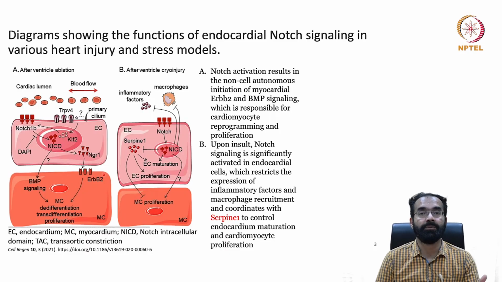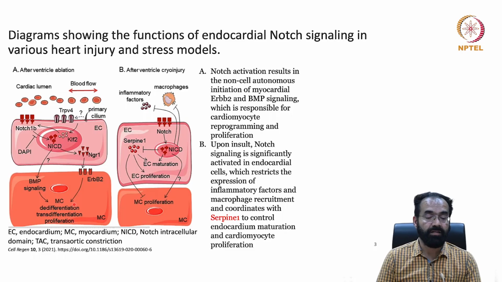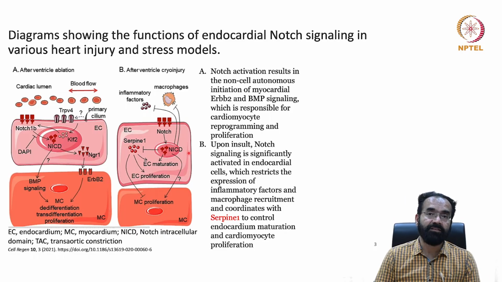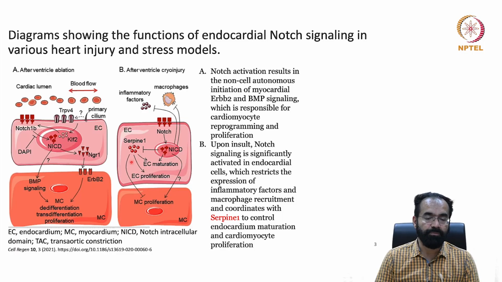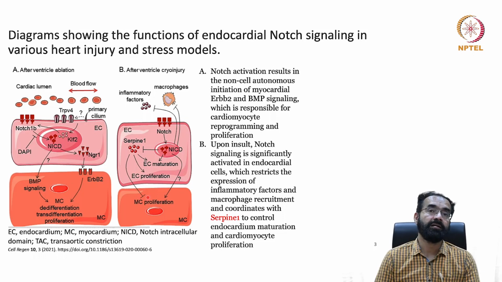NRG1 can bind onto ERBB2 in the case of regenerative animals such as zebrafish, that you should keep in mind. And the BMP signaling triggers the dedifferentiation and transdifferentiation of the myocardial cells, the cardiomyocytes. And what happens if you have given a cryo injury, the SERPIN molecules come into the picture for EC maturation and EC proliferation, and in the neighboring cell, it can also inhibit the myocardial cell